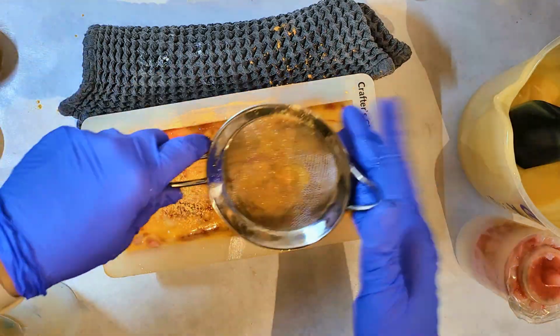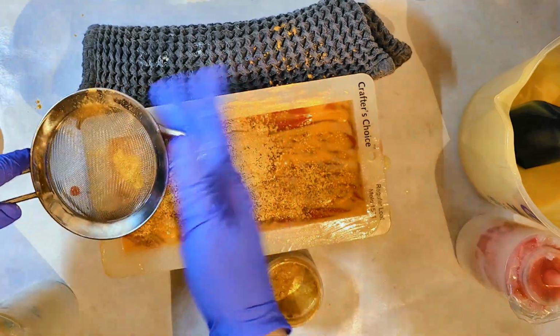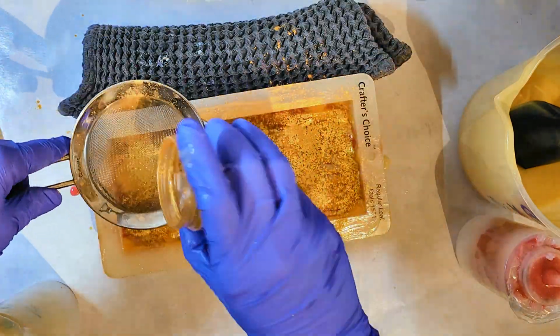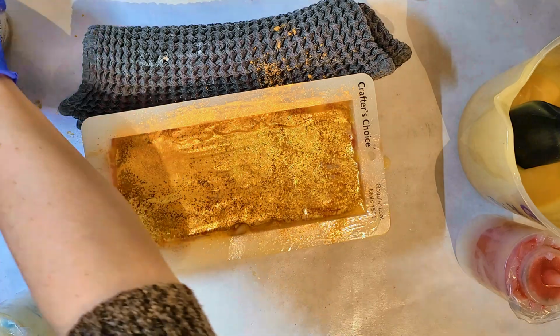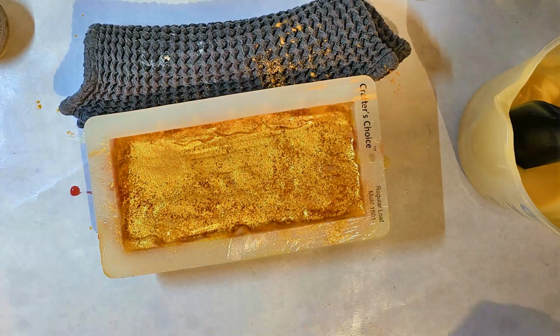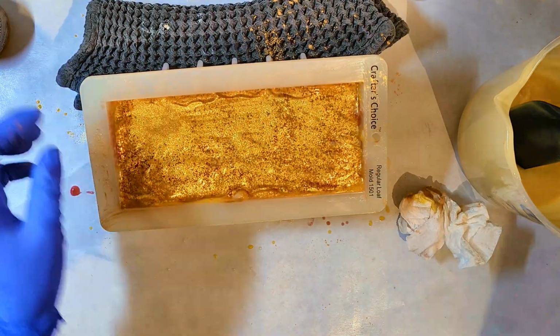I scraped the side here because I didn't want color to be on my solid portion on the side either. So I scraped it down first, and then I did my powdered mica line. And again, I think I put quite a bit in there, which I love this color. I should have ordered some more. I haven't, but anyway. So I try to clean this up as much as I can because the top layer